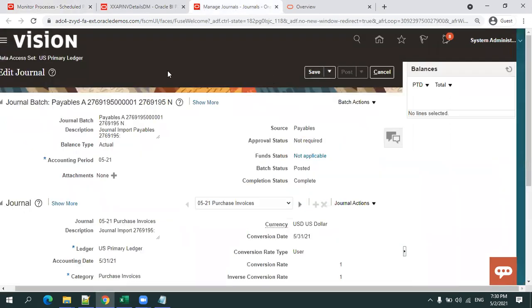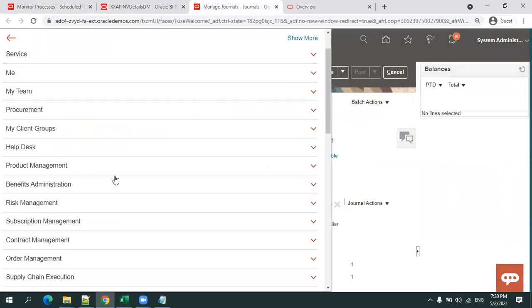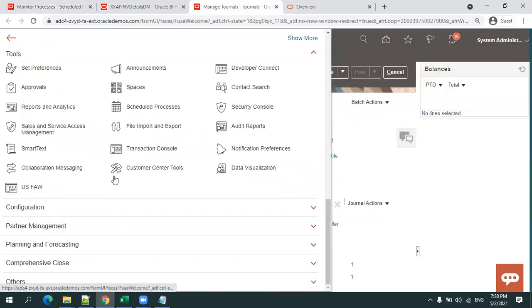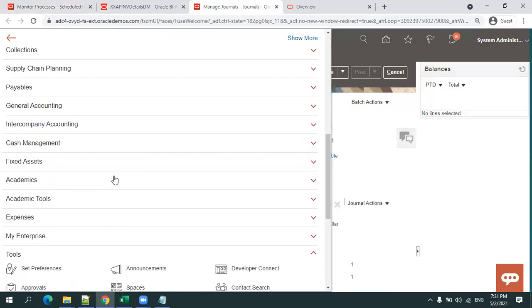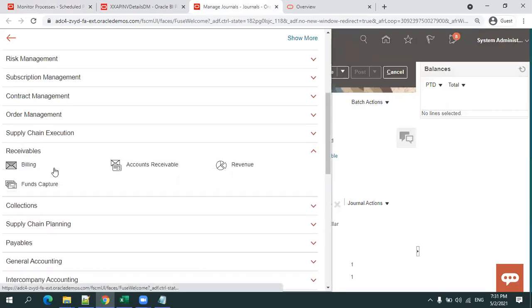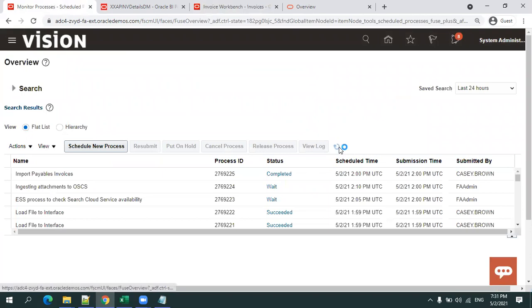Okay, for the time being, I'll just navigate to the payables screen. Payables invoices, AP invoices, payables.